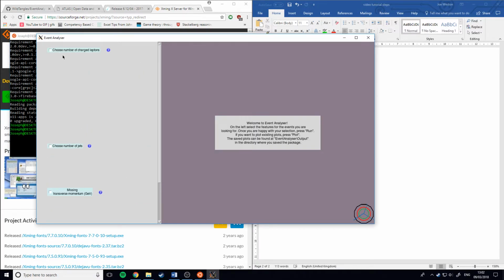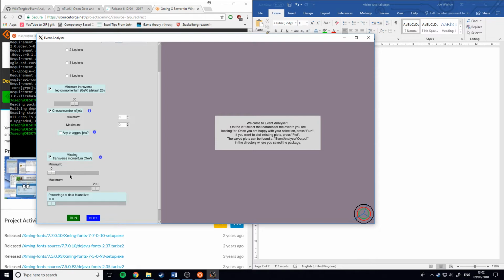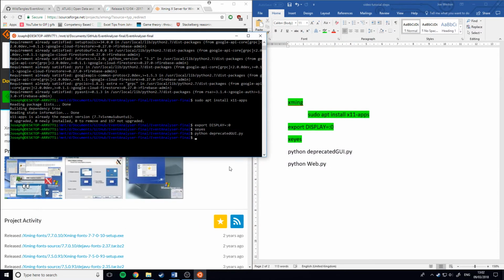So again, this hasn't been updated, is no longer updated because it's all been moved onto the website. But you can do your whole thing. It tells you how to do it. I'm not going to do any analysis because it takes quite a while, but then you run it and then it will give you your histograms. So let's close that. And then the website, we type in python web.py, press enter,